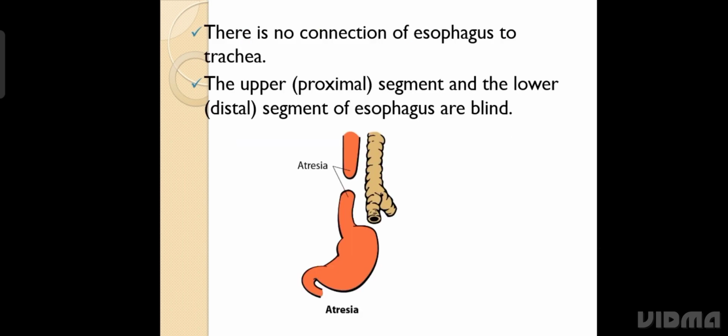In this picture, you can see there is atresia. Due to atresia, there is no connection between the esophagus and the trachea, and the esophagus has divided into 2 parts, as I have discussed already: the proximal end and the distal end. The upper end is known as proximal and the lower is distal. The proximal and distal segments of the esophagus are blind here. There is a blind pouch present, but there is no fistula. You can see in this picture, there is no abnormal connection between the esophagus and the trachea. So this is the first type of